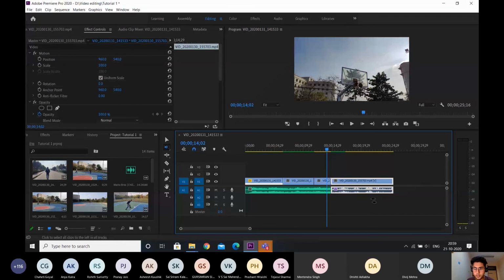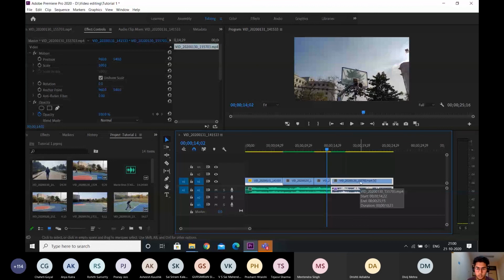If I press Shift A, now it's actually track select backward. So if I click at this particular point, it will select all the tracks behind this point. Now if I press A again, I select this, and I'll press V to go to the selection tool. I can drag this front or back easily. So selecting everything after or before becomes really easy in this.